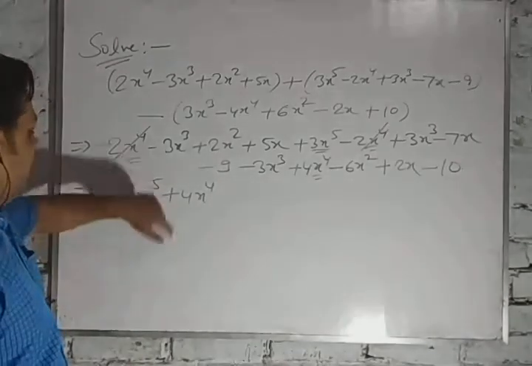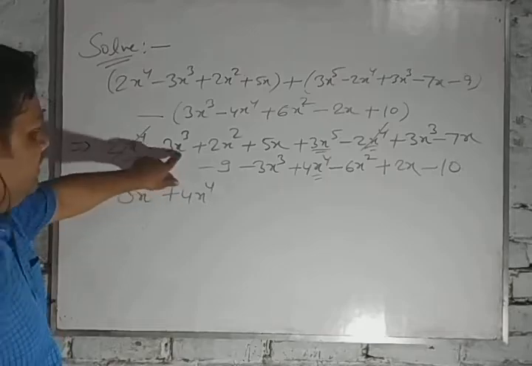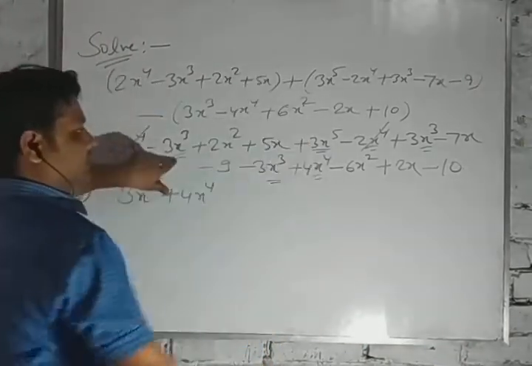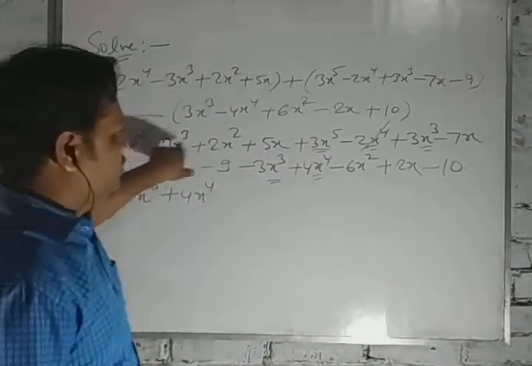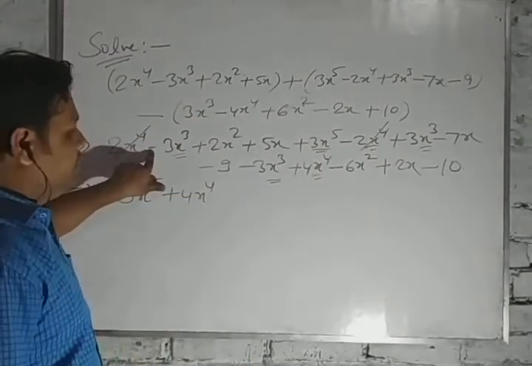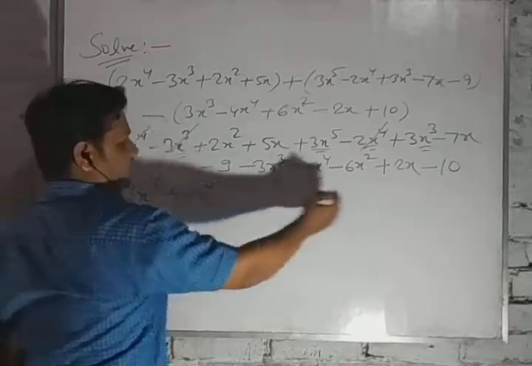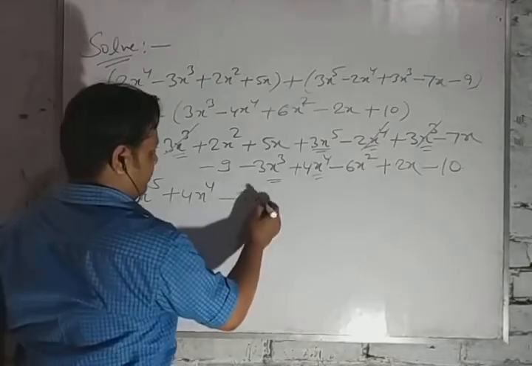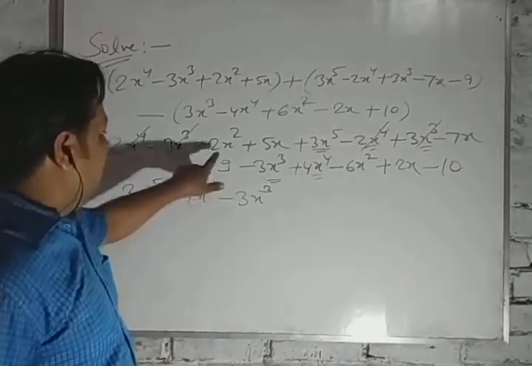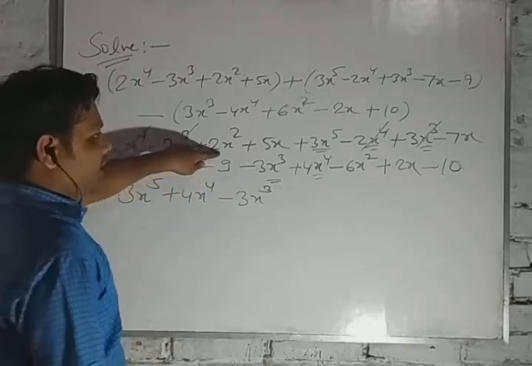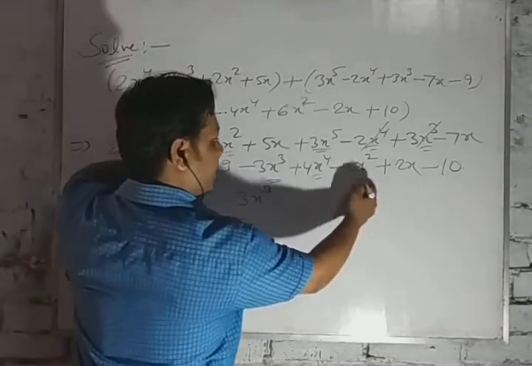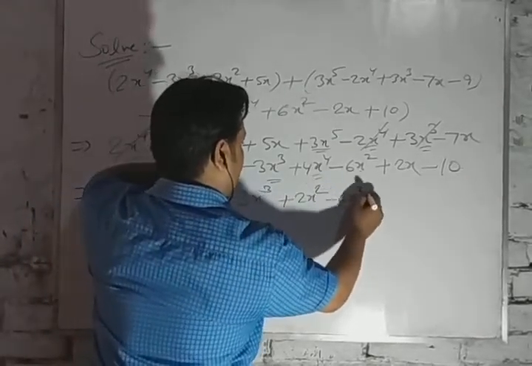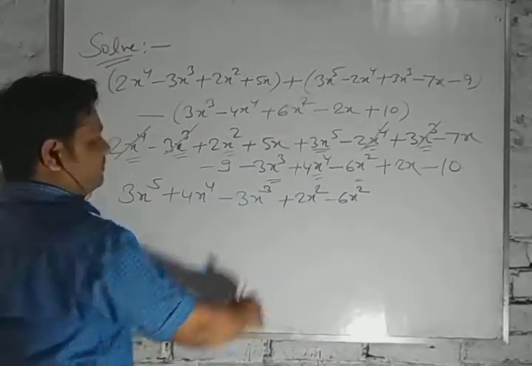It is already solved. Now after x to the power 4, next is x to the power 3. So this one x to the power 3, again x to the power 3 and again x to the power 3. Now you can see minus 3x cube and plus 3x cube: same term but opposite signs. So this one will also cancel and the rest one is minus 3x cube. Now we will write this one. After that plus 2x square. X square is this one and here this one. So at first we write plus 2x square minus 6x square. Done. This one is also done.